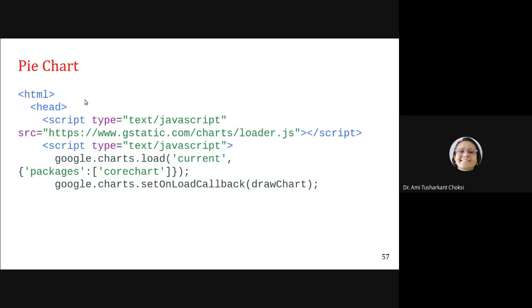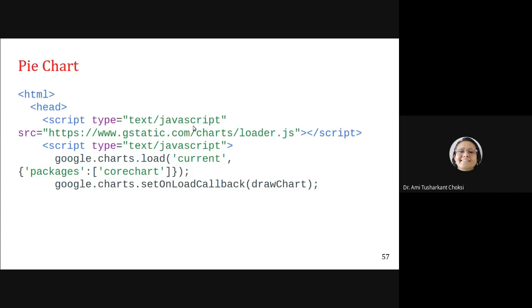First of all, what we have to do is load the Google Chart API. You may think, why are you telling it again and again? See, this Google Chart API you are learning for the first time, right? So on seeing it once, you may not understand 100% and you cannot remember it 100%. So if we see it again and again, the way we are creating it for different types of chart, we can understand as well as remember, right?